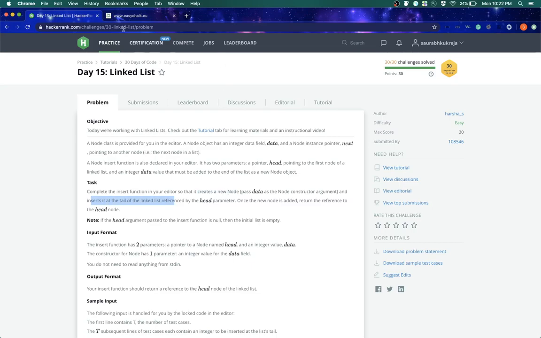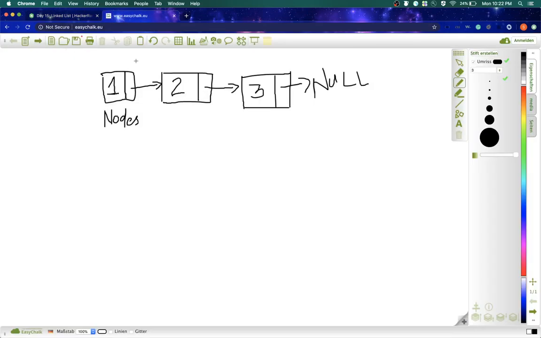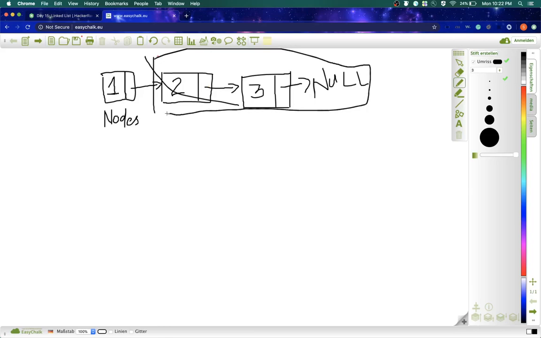So what does that mean? Let's say for the first element, let's forget about this block for now. It only has one element, right? So we insert the new node at the head, or you can also say at the tail, because our head was empty and we just inserted our first element. So you can say head and tail are both the same. Now we have one over here. Now you want to add two at the back, or you call it the tail.